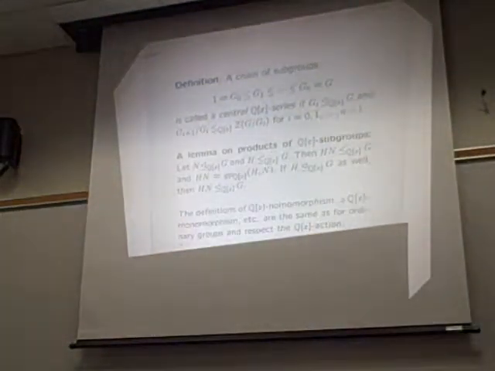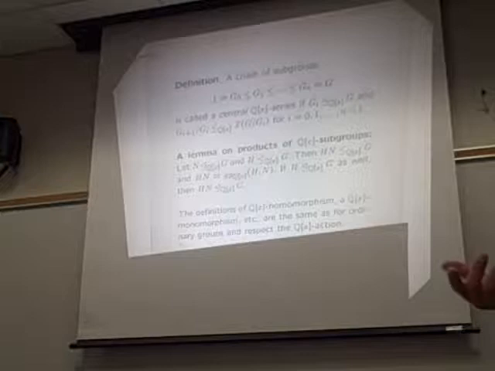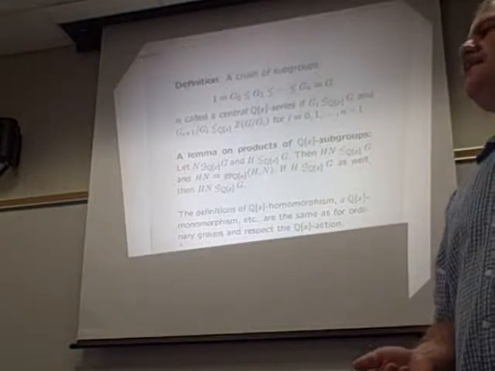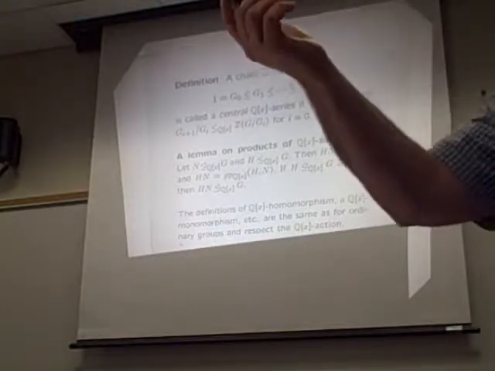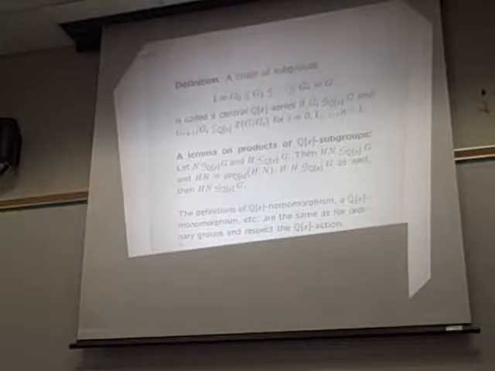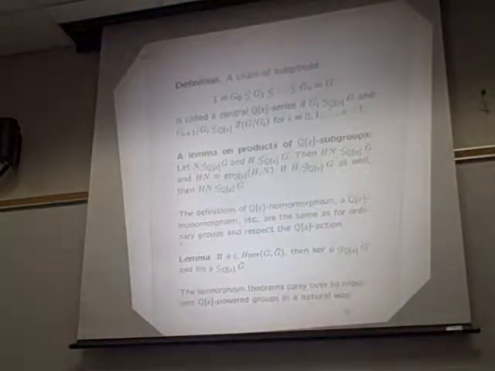Okay, the definitions of homomorphisms carry over in the usual way. So if you have a QX homomorphism between two nilpotent QX-power groups, it means that there's a homomorphism from one to the other in the usual sense. And also, let's say the homomorphism is called phi. If you take phi of g to the alpha, it's the same as phi of g, to the alpha. So it respects the action of QX. And the other notions of morphisms work in the obvious way. Consequently, it turns out that the isomorphism theorems work in the usual way, again respecting the action. One can prove this.